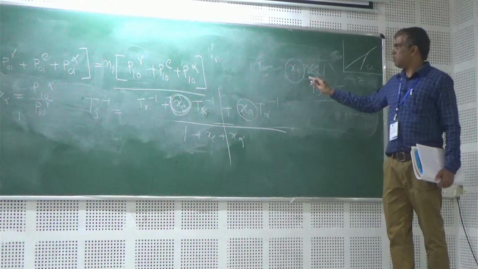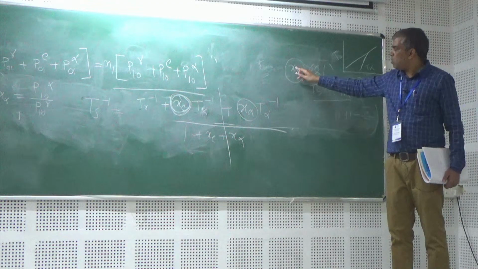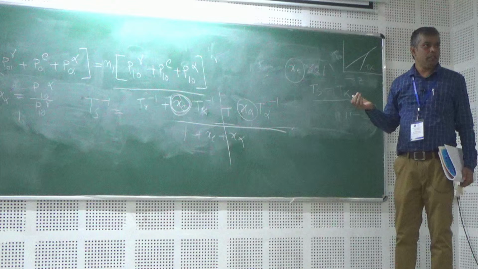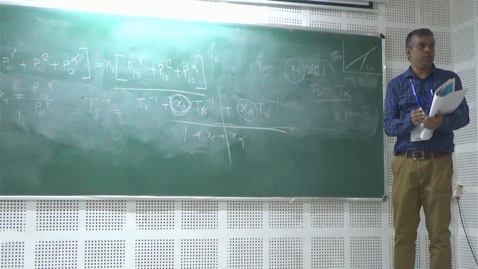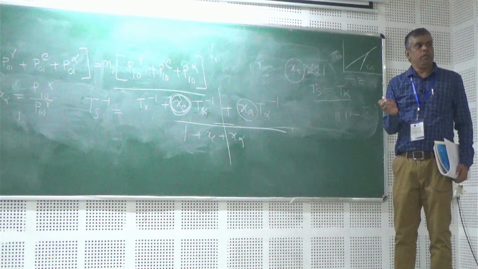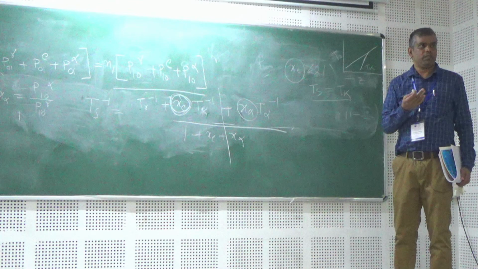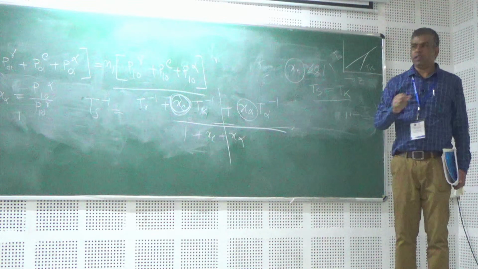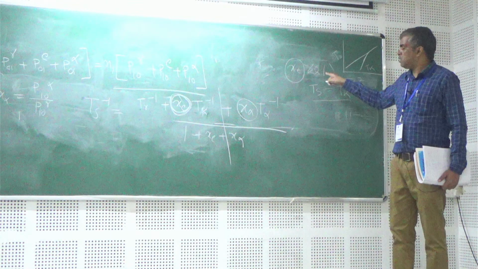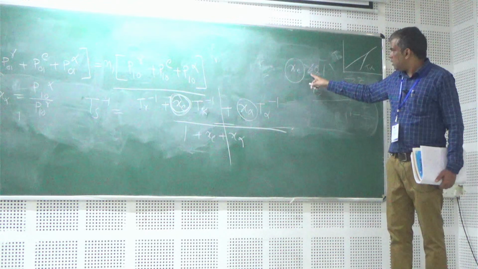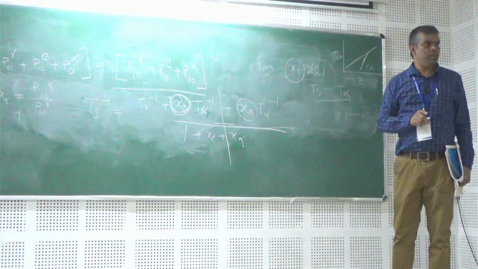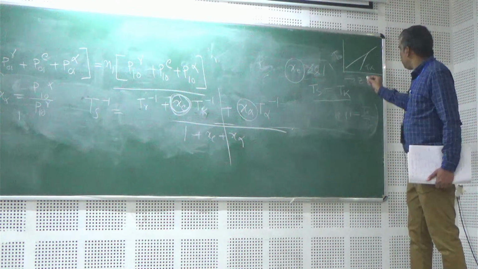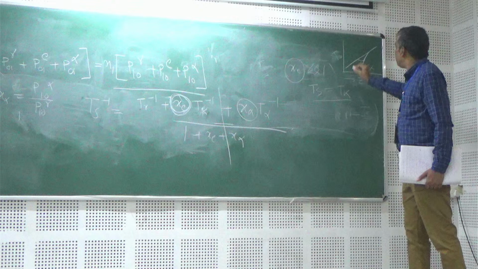Why? Because the IGM temperature is decreasing, and also the H1 density is decreasing because the universe is expanding, so the number density of hydrogen is also decreasing. So there will be fewer collisions. When you have lower temperature and lower density, collisions will be fewer. So this factor becomes less than 1. Then if it is less than 1, tell me what is the spin temperature? The CMBR temperature. So it will catch the CMBR temperature again.